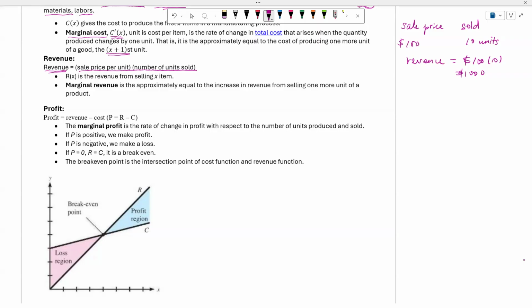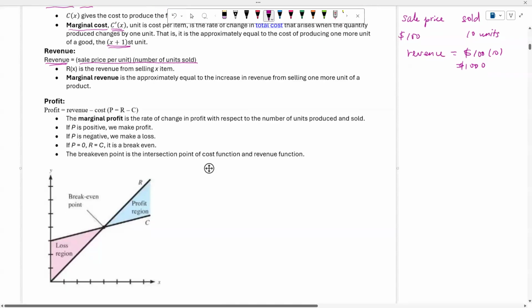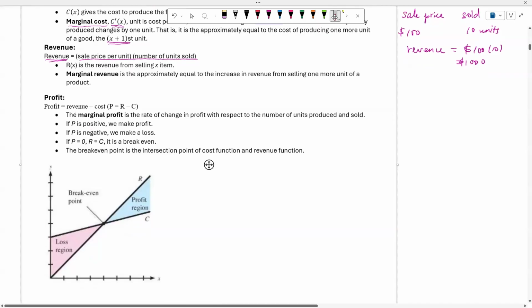Okay, now in this case right here, maybe let us look at this diagram right here, okay, to understand what is going on here. Now when I look at this diagram right here, first of all, I notice that this line right here must be the cost, because again, we have a fixed cost right here. No matter what you need to do, you need to pay that amount of money, right? Okay. And then now, to the simple case, basically when you make more, of course the cost is actually increasing, right?